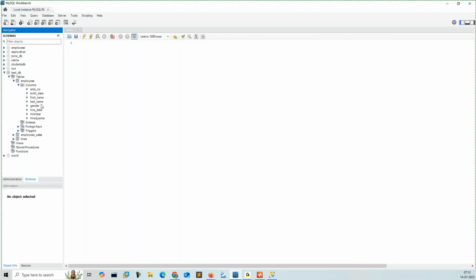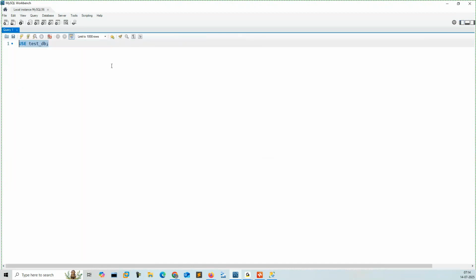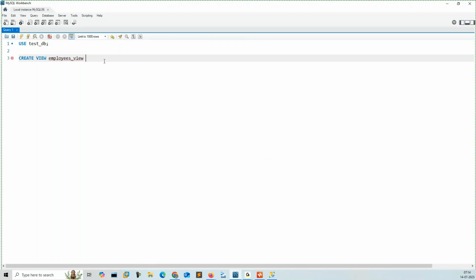Employees table we are having in this employee number, birth date, hire date. Okay, so let us switch to test underscore DB. Then create view followed by employees underscore view. I just suffixed underscore view for our easy identification purpose. As a select,